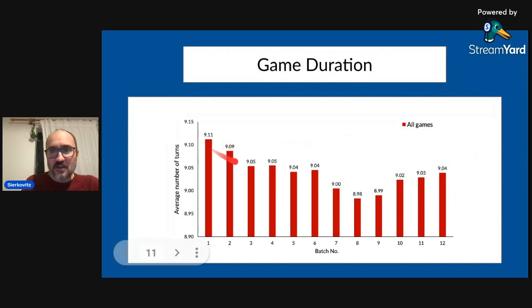So the format has become faster over time, by a certain margin. Which means that the more people know, the better they are at positioning themselves in a situation where the game is going to last longer. And I think that